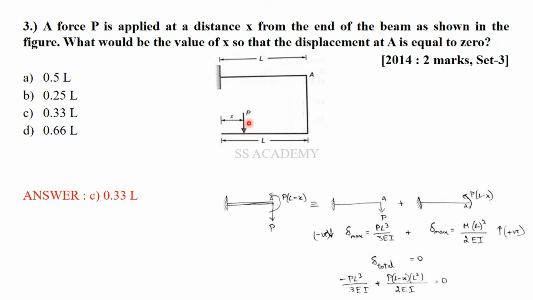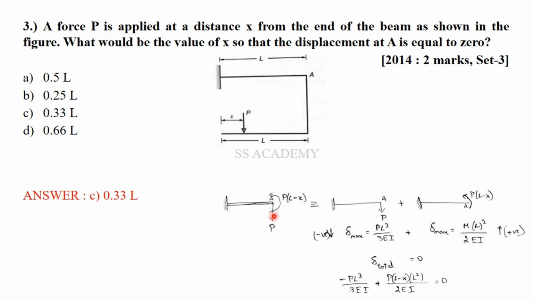If you draw the free body diagram just by splitting this horizontal member, this vertical member and this cantilever, you will get the free body diagram like this. Instead of P, you can substitute a vertical load, that is a straight axial load with respect to this vertical member, and a bending moment.